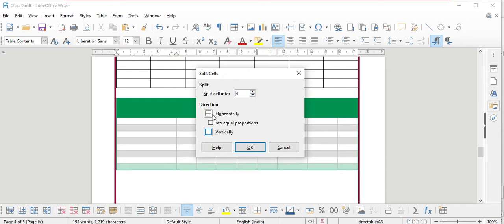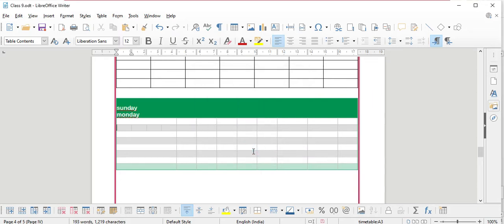And here you can choose the direction you want, either horizontal or vertical. I'll click on vertical and then click OK. You can see that in that one cell, 4 cells appear. It got divided, it got split. Like that we can do the split and merge for the cells.